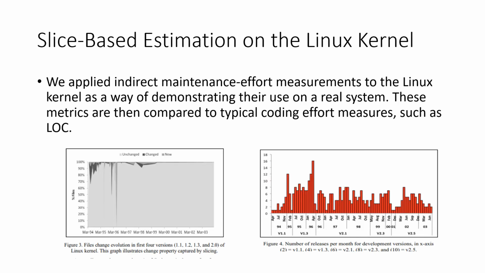Coming to the slice-based estimation on the Linux kernel, we used the Linux kernel as a way of demonstrating the use on real systems. The Linux versions here are classified as stable or development versions. Each major version includes several releases identified with either a 3 or 4 digit numbering scheme. To examine Lehman's fourth law of software evolution,